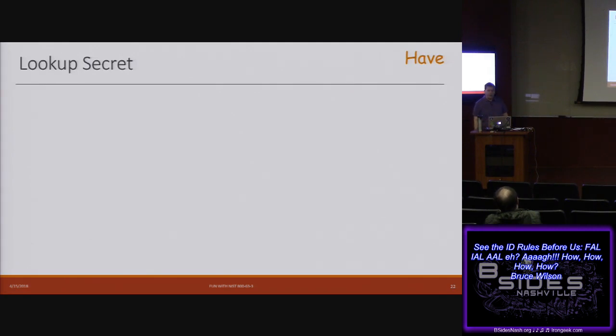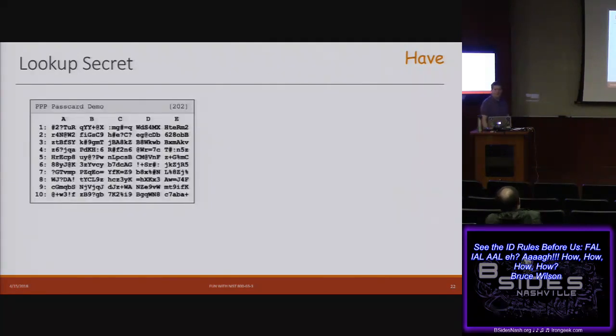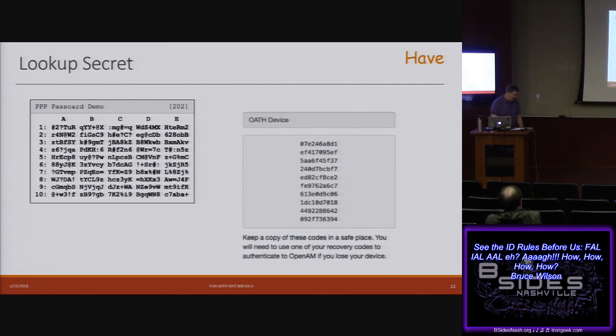Lookup secrets, I don't see these very often. Steve Gibson, love him or hate him, has this Perfect Paper Passwords. So this is an example of a lookup secret. It's not the same sort of thing as a knowledge-based verifier because these are used once, but you would look it up on a particular chart. Certain kinds of systems, they're going to give you these codes that you can use if you've lost your phone or something else along those lines. That's another example of a lookup secret.